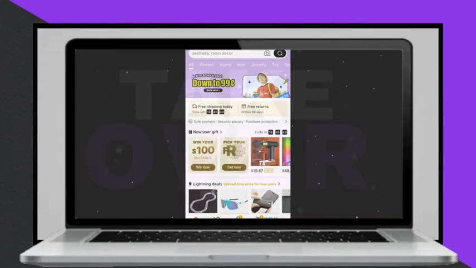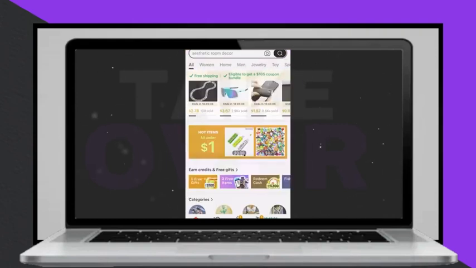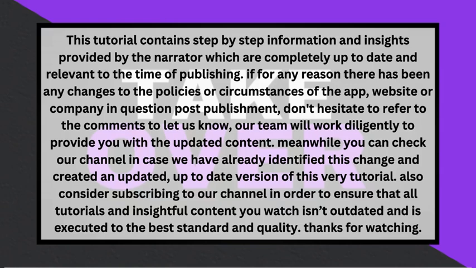To add a product to your wishlist in the Temu app, start by opening the app and navigating to the home page. From there, search for a product you want to add to your wishlist, either by browsing or selecting an item from your cart. Once you've found the product, look for a heart icon in the top right corner of the